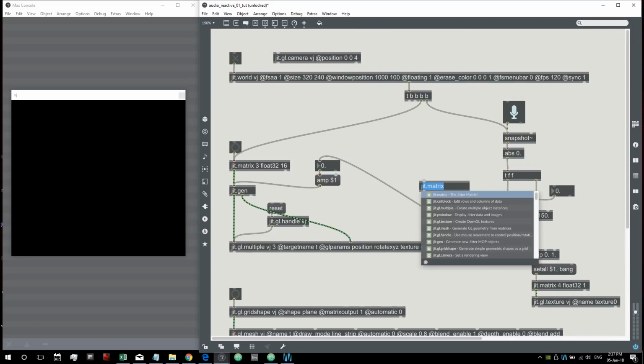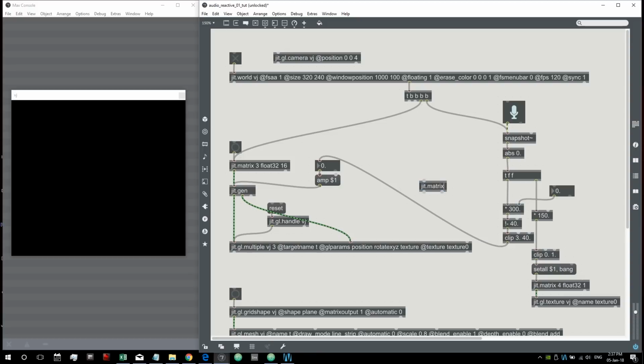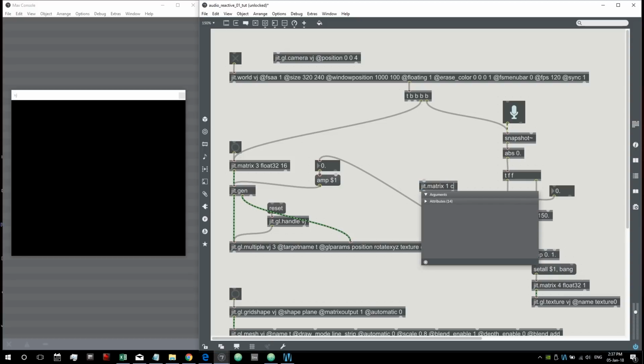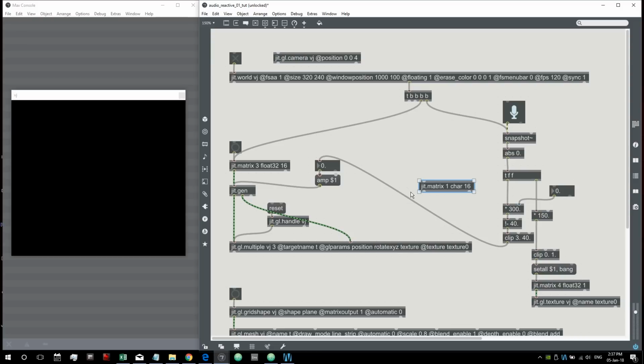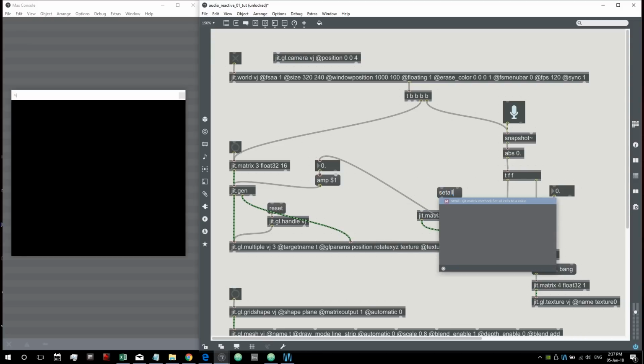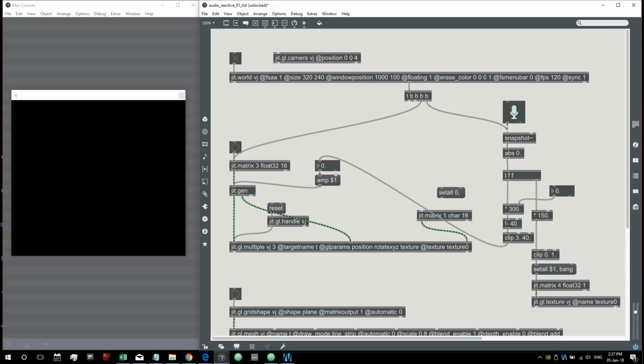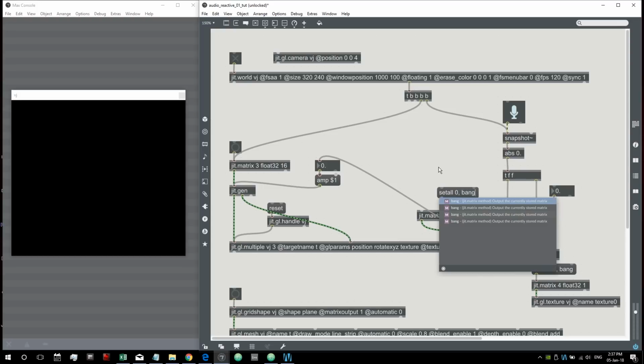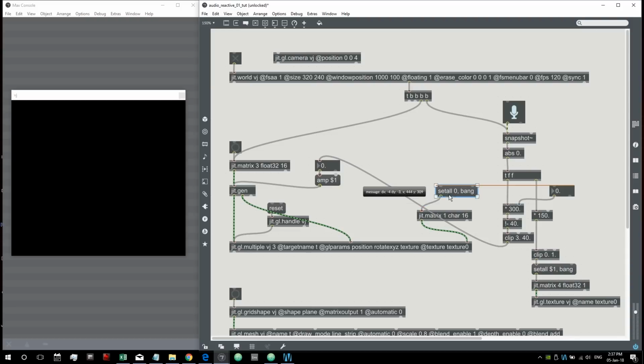So let's create another jit.matrix, one single plane, because we have just one texture, of type char and of dimension 16, because this is the number of objects that we have. Then let's create a set all message, and we will set all the cells of this matrix to 0, which is the index of our texture inside this context. Then let's give it a bang. Let's bang this, and then